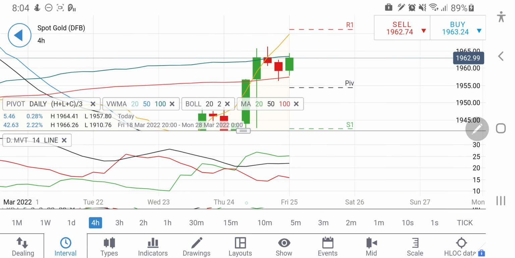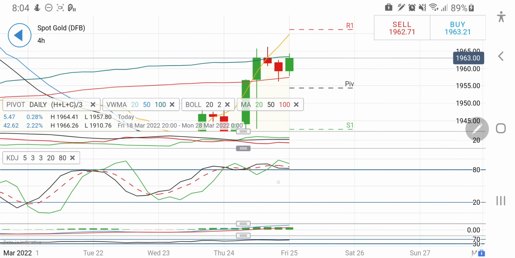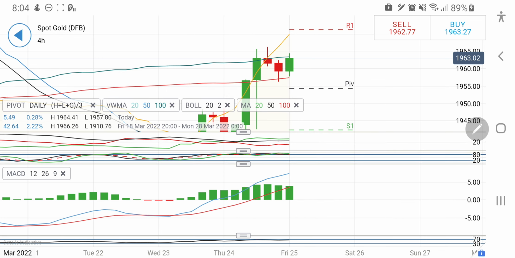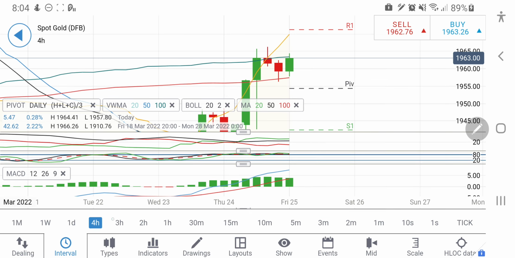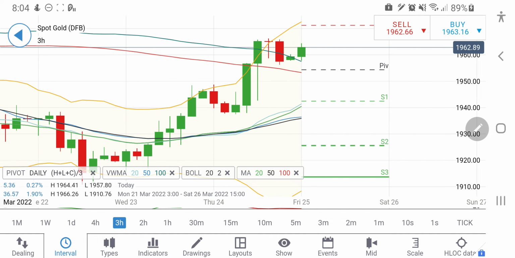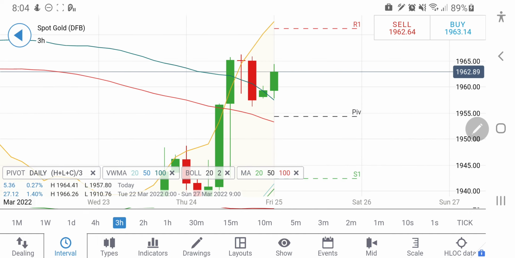Also let's have a look at the indicator. We'll look into different time frames. See, this is overbought on the 4-hour charts. MACD is divergent and it is still on buy side, and RSI is not indicating anything. Now look at the 3-hour charts. On the 3-hour charts also, see,